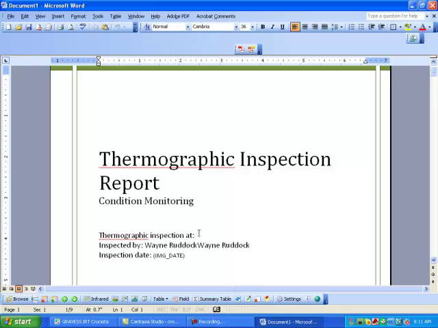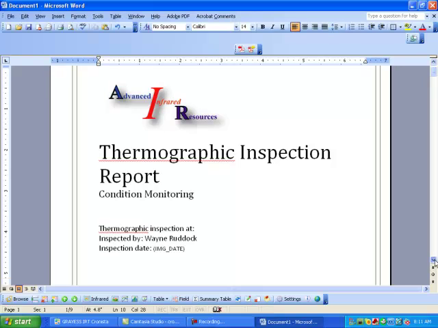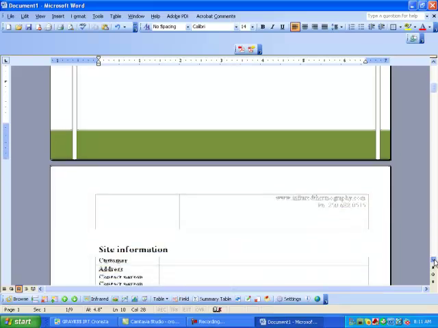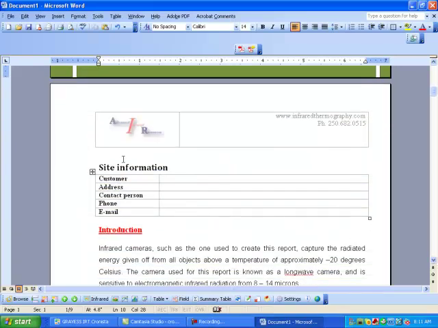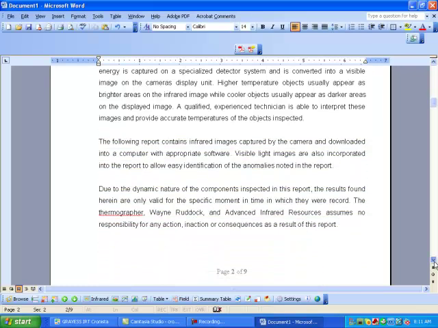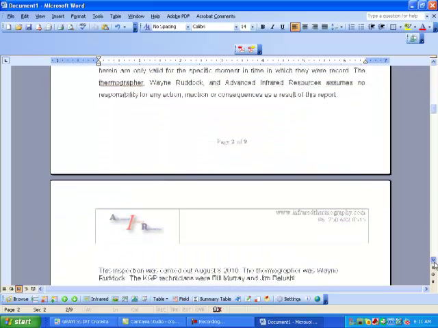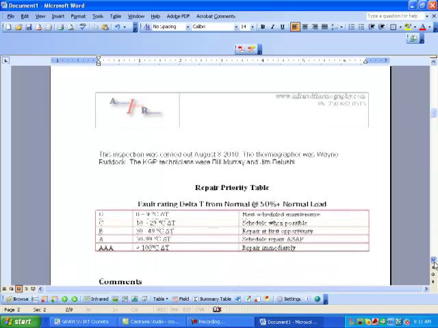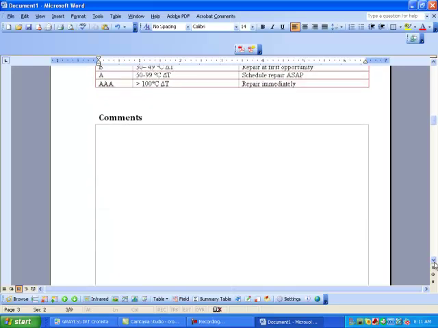And there we have our infrared report. We can type in where the inspection is. You see that I have my logo already inserted on it. I also have pre-done some other things. We can put in the inspection date there. I've put in a table that I can fill in the customer, the address, the contact person, and we have an introduction that comes into all of the reports that are made from this template, and it also gives us the inspection information, when it was and who was there, and a repair priority table,